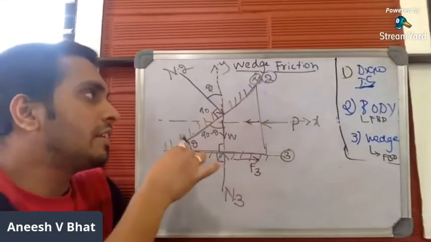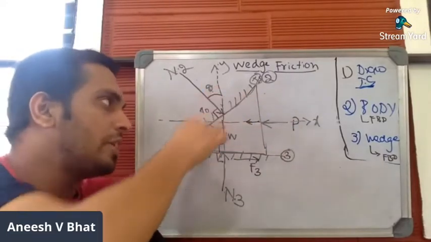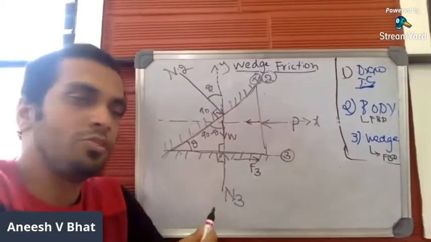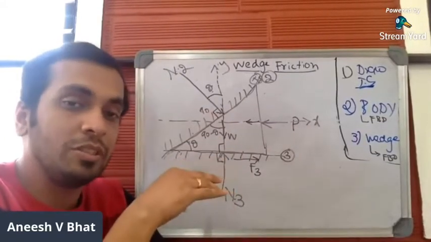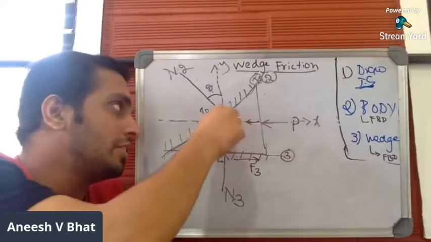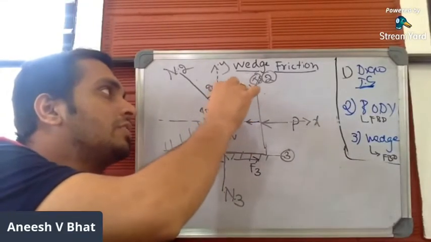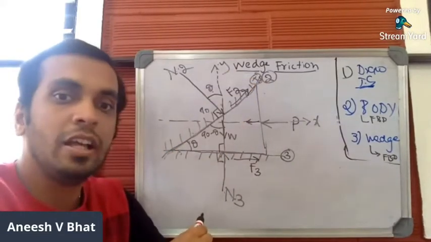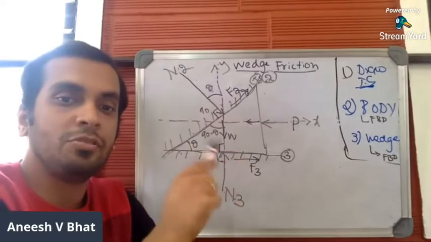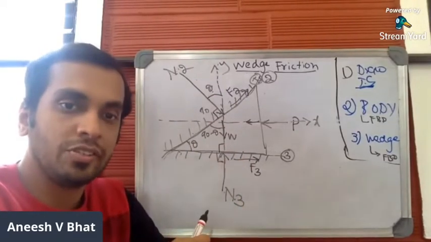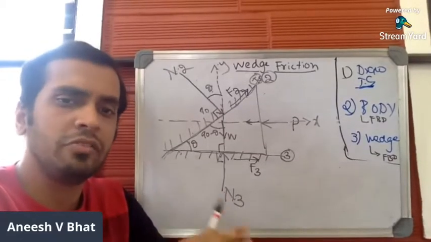And as far as this inclined imaginary surface is concerned, again, when you push the wedge, the trend of motion of the body is down the plane. So when the body moves down the plane, in this direction, friction resistance will be acting up the plane. Let me mark it as F2. And this should be tangential to the imaginary surface. Hope this is clear. So we have marked the friction resistance, normal reaction, self-weight, etc.